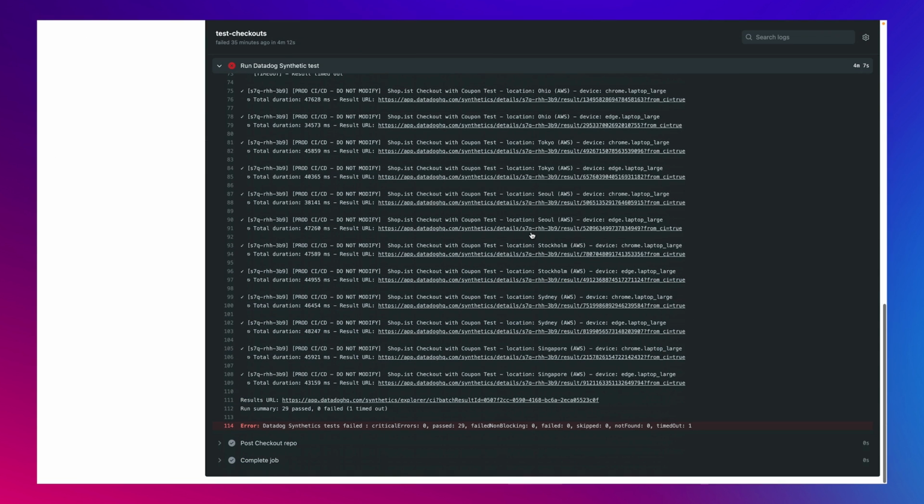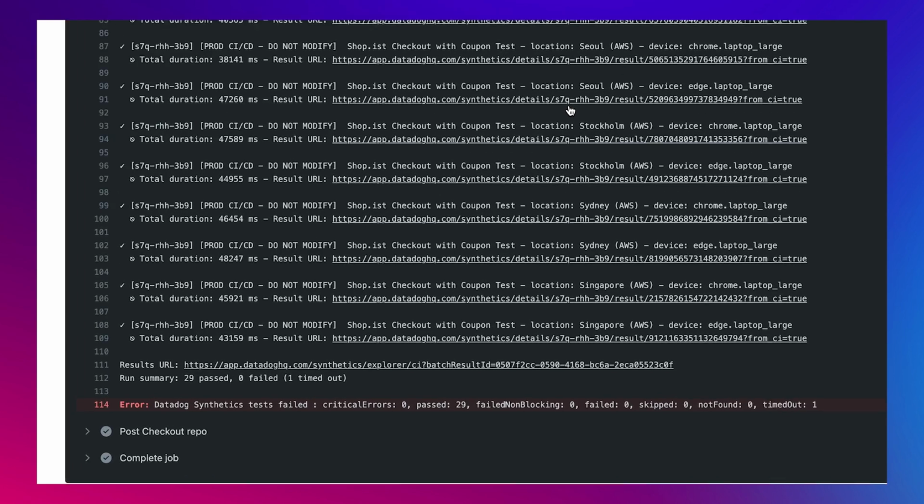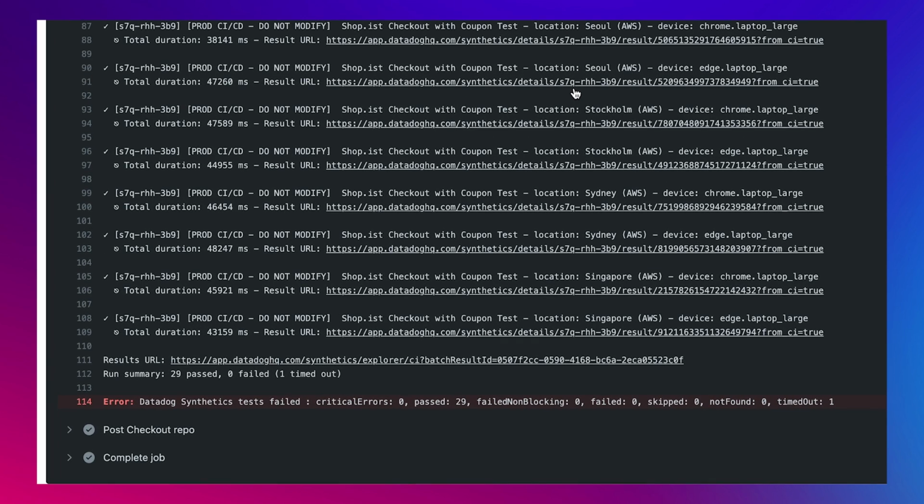Here, we can see the CI stage output, and it is actually showing that their end-to-end checkout flow had failed. The team can take a closer look at the results in Datadog to see what caused the test to fail. The engineering team can view the test result alongside the other tests running in their CI workflow in the Explorer page. Let's take a look at this failed test and see which step of the test failed.